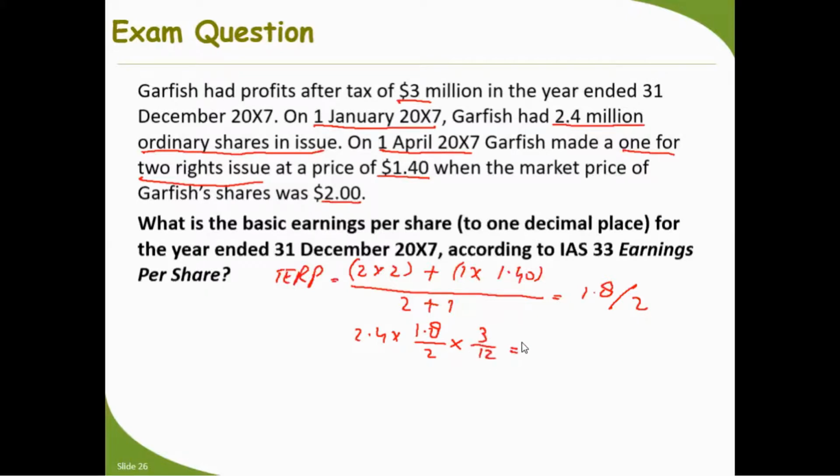So 2.4 million times 1.8 divided by 2 times 3 divided by 4 is equal to